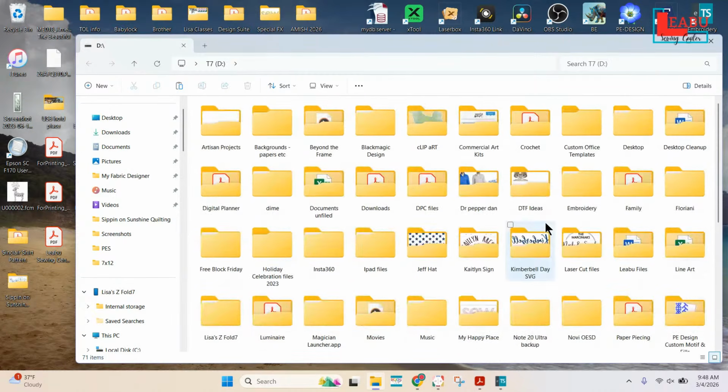I have pictures on here, and I have basically everything that's on my computer. Here, I try to back up so that I have it and I don't lose anything. That is probably one of the hardest things, when your computer crashes and you don't know what you had on there. So if you have a backup of it,